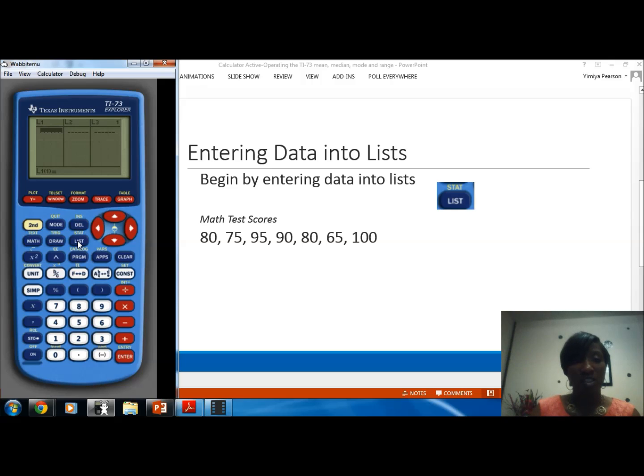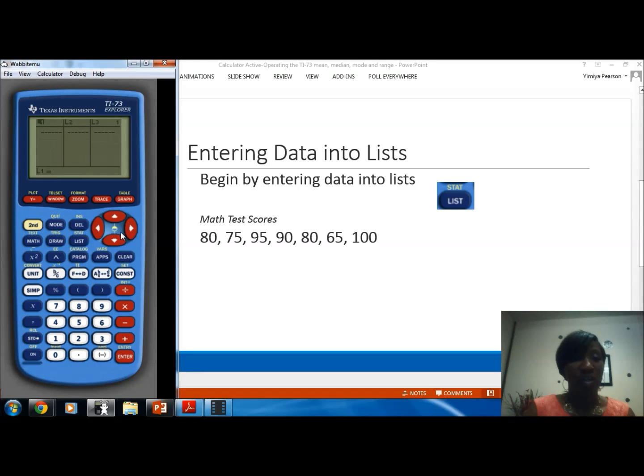And if I've reset all the RAM, I should see L1, L2, L3 on the screen. And this indicates that there are right now 3 possibilities of lists. I'm going to arrow up so you can see. If you scroll over, now list 2 is highlighted, list 3 is highlighted. There is a list 4, a list 5, and a list 6, and actually a list 7. And you can change the names of the list if you want to, but there's really nothing important in regards